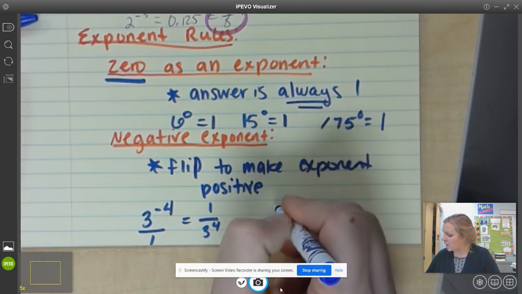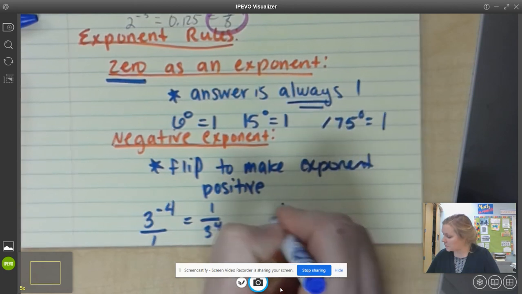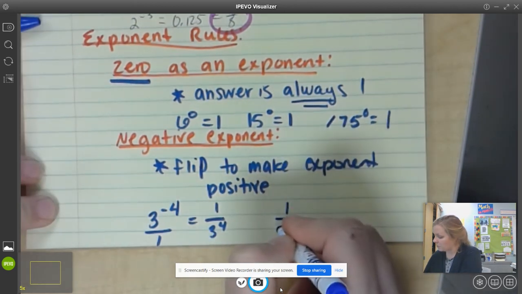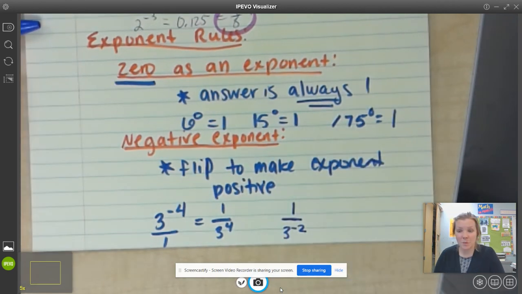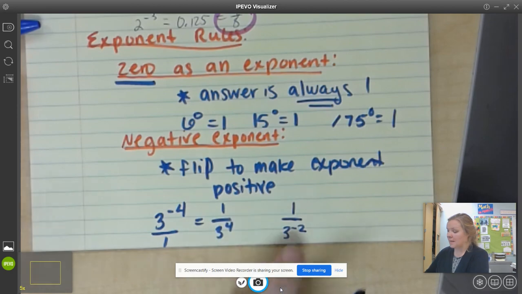If we have a fraction with an exponent that's negative, if it was like this, and it was a negative exponent in the bottom, to make this negative 2